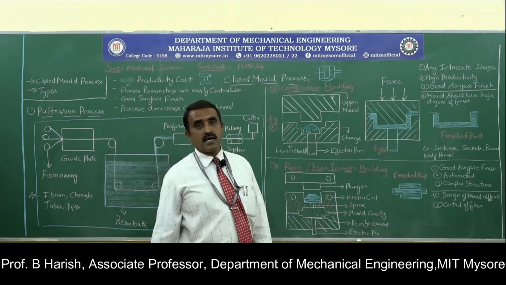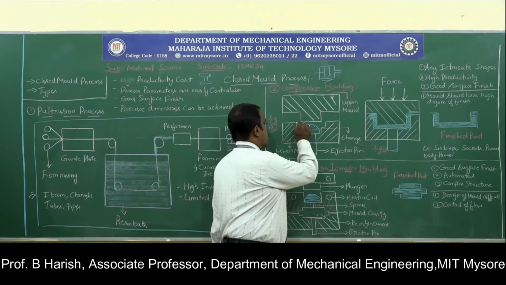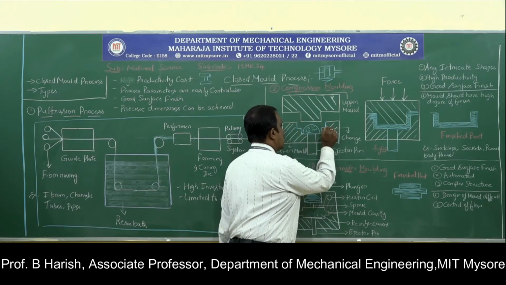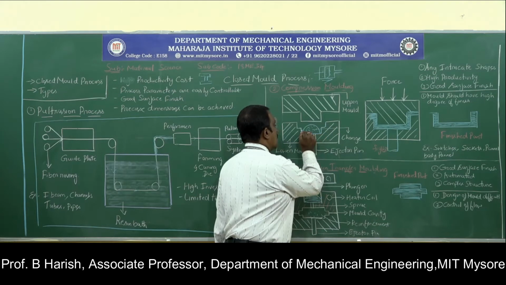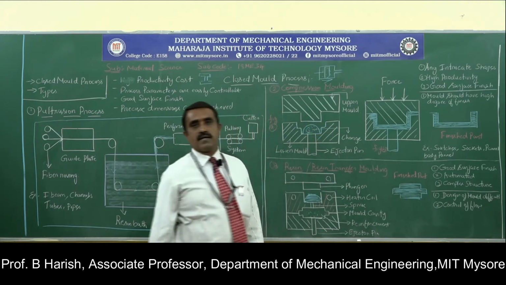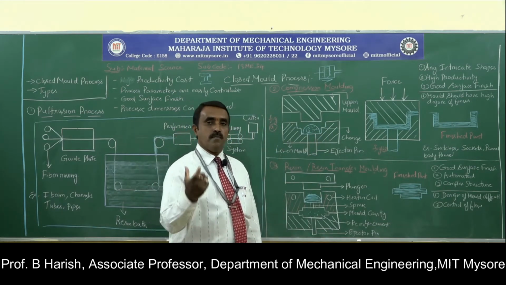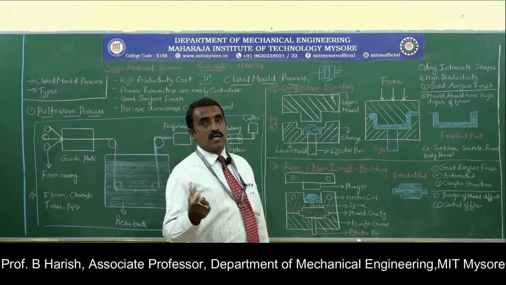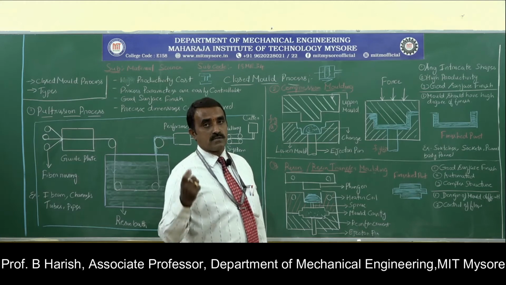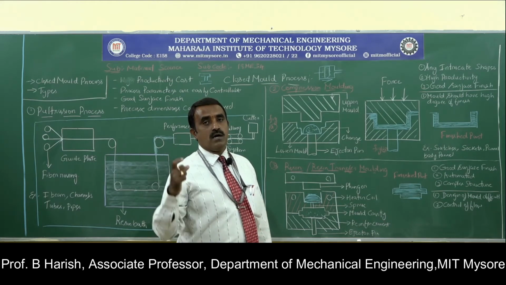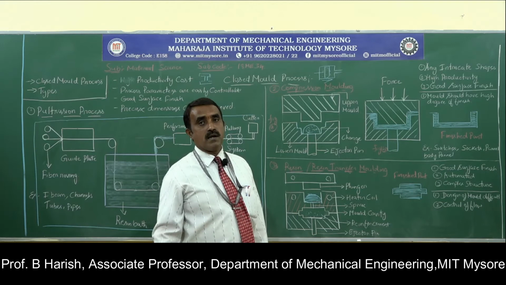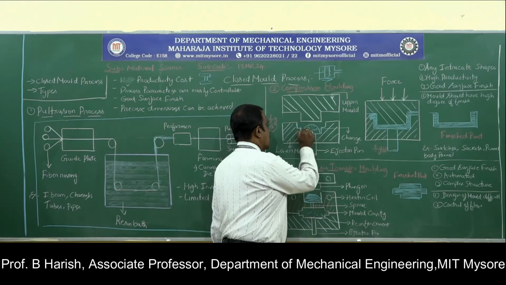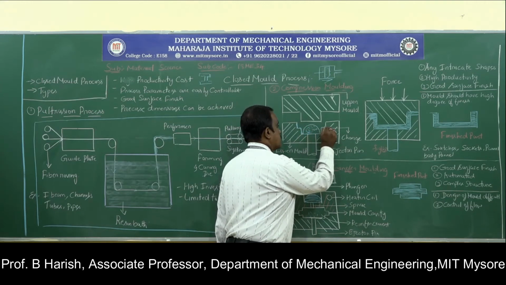One more thing that has to be taken care of is the shape of the bottom mold. The shape of the bottom mold should be the replica of the shape of the object I should get, that is, the shape of the composite material end product. Here you can see this is the shape. It has a step down, then once again a step.